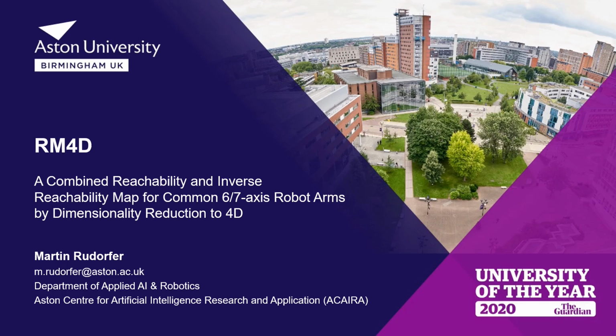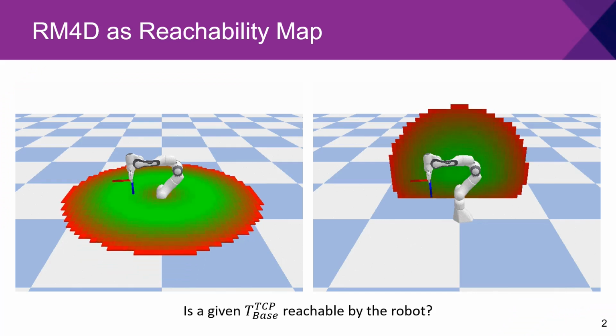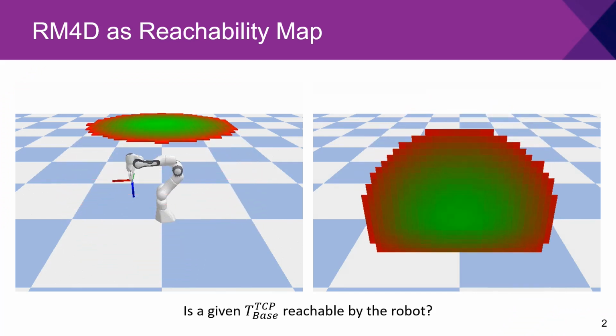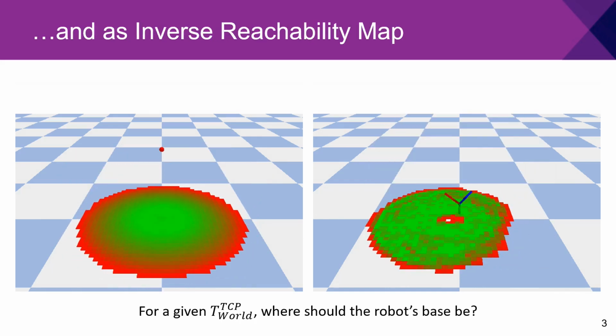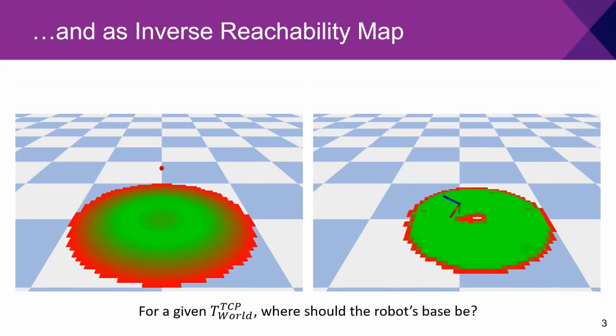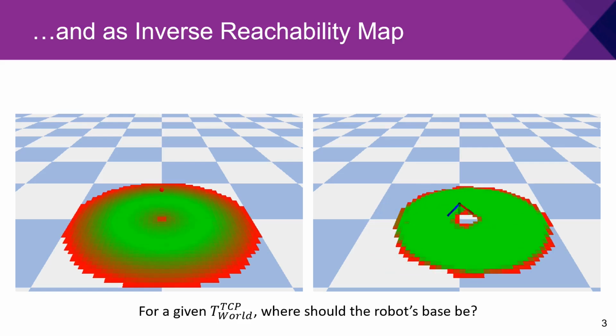This is RM4D, a combined reachability and inverse reachability map for common 6 and 7-axis robot arms by dimensionality reduction to 4D. Using RM4D as forward map, we can predict whether a certain pose is reachable by the robot. Using RM4D as inverse reachability map, we can suggest where the robot space should be given a target tool center